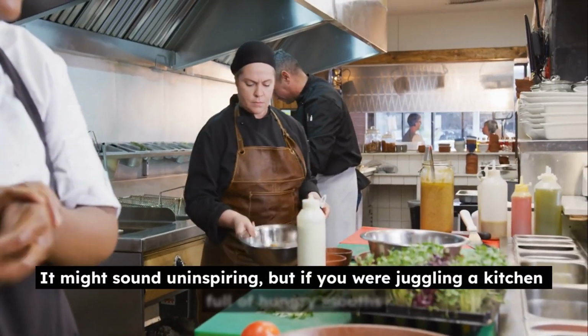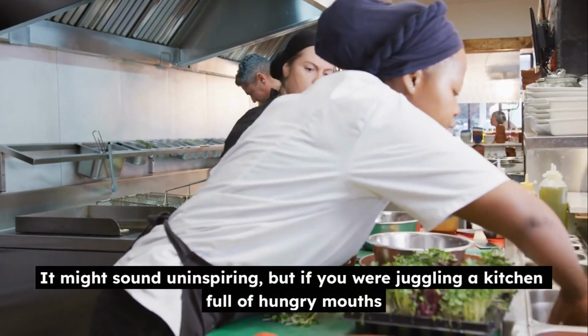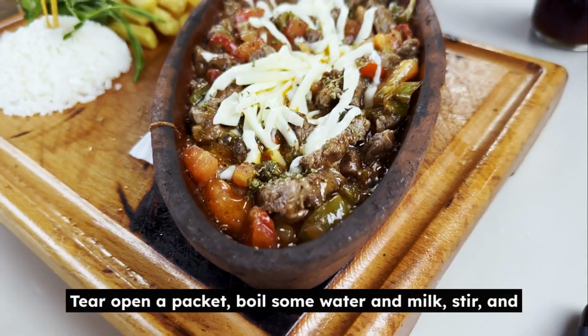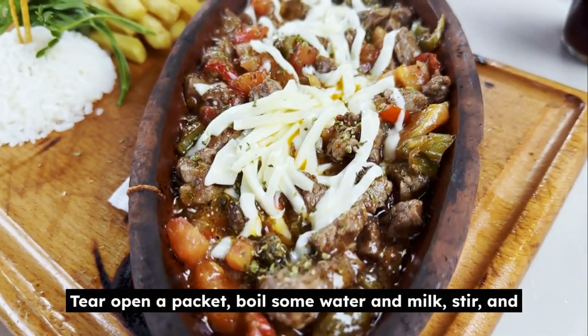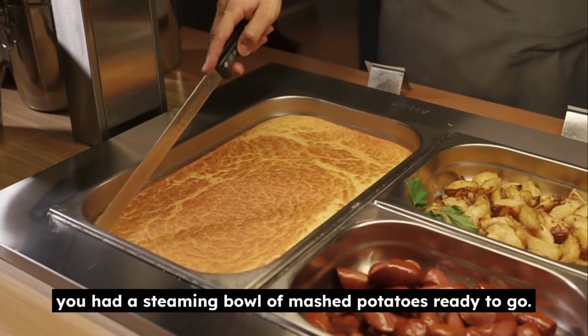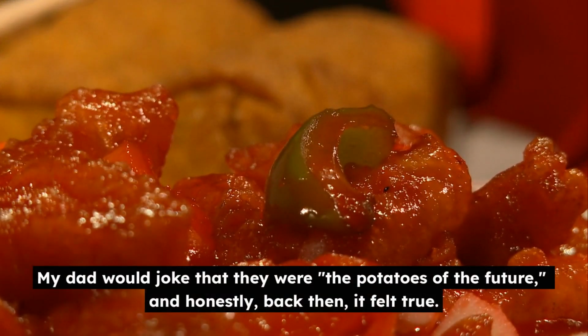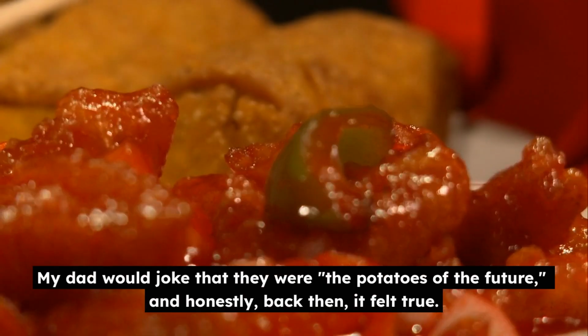It might sound uninspiring, but if you were juggling a kitchen full of hungry mouths and an endless to-do list, they felt like a gift from the culinary gods. The process was almost laughable in its simplicity. Tear open a packet, boil some water and milk, stir, and you had a steaming bowl of mashed potatoes ready to go. My dad would joke that they were the potatoes of the future, and honestly, back then, it felt